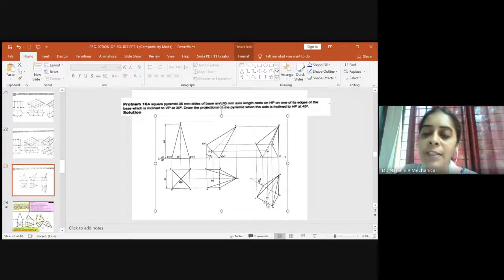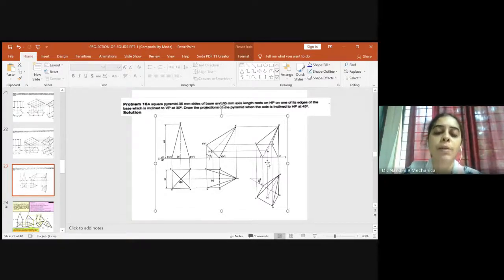So in any way, either you take the concept from the top view and show the hidden, that is also right. Or if you see from here, the which is visible, you will make it dark. The projection coming through the corner of the surface will be visible, and the projection coming through inside the top surface will be hidden. So in any way you can show the hidden lines and you can cross check whether what you have done is right or wrong. So this is how we have to construct a simple square pyramid where the given edge is resting on HP and the same edge is inclined to VP also.